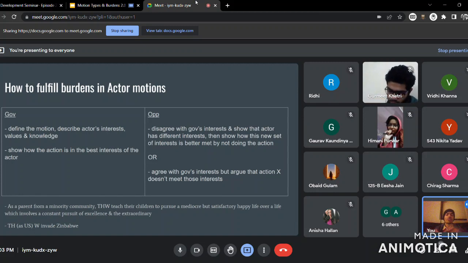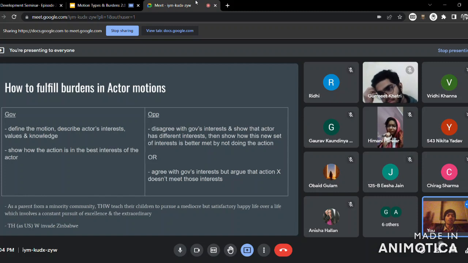And they also want their child to have the best life or the highest excellence in life possible and things like that. They might have reasons to prove that, and then they say that no, a life of excellence is better than a life of mediocrity because these interests can only be fulfilled in a life of excellence. This is one way that opposition can go about it, right? By disagreeing with the interests of the actor as a whole, saying that you have described the parents' interests wrongly, we come and tell what parents actually prioritize, and therefore according to this we think our side of the motion caters better to those interests.